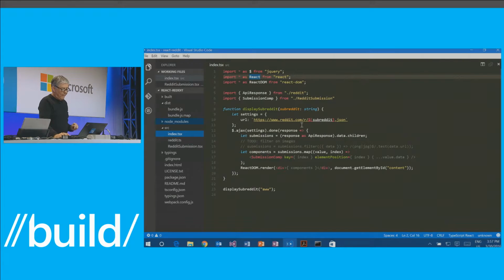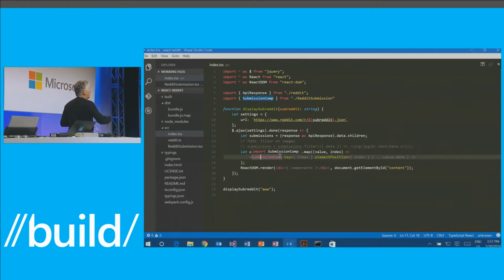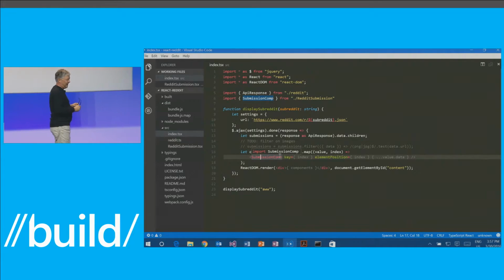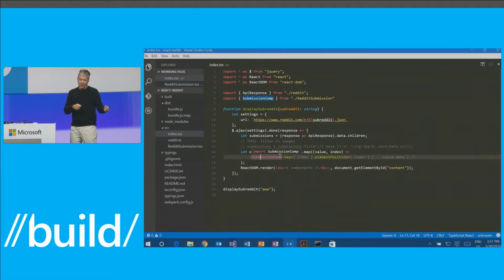Now, one of the things you'll note with React is that it is based on a markup embedding technology called JSX. So React allows you to write markup inside your program. And it actually allows you to define new meanings, new tags, if you will, for the markup with new attributes that go on those tags.